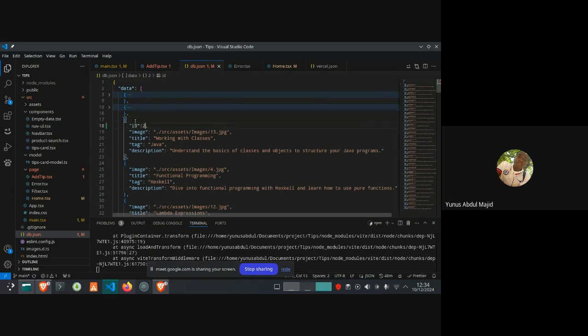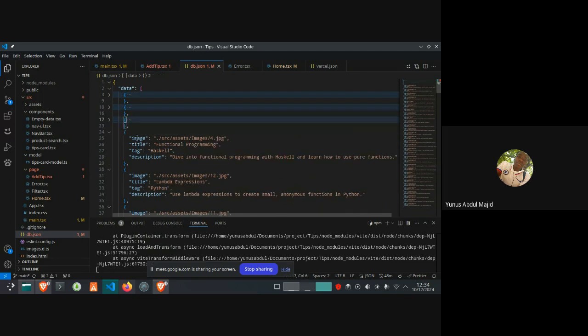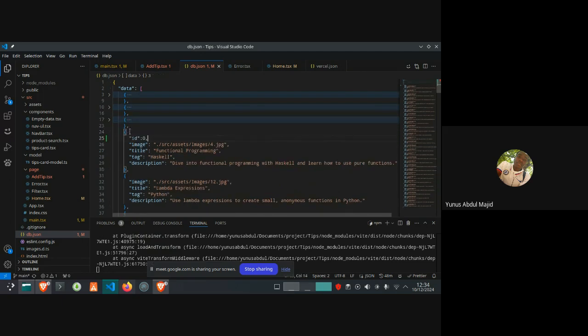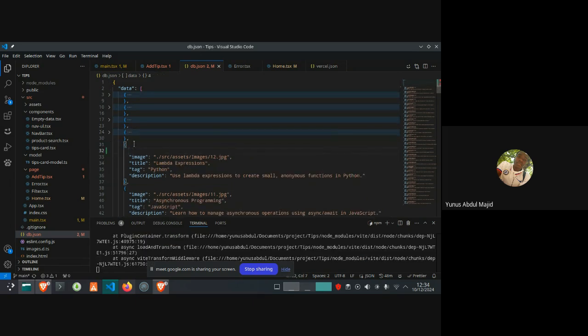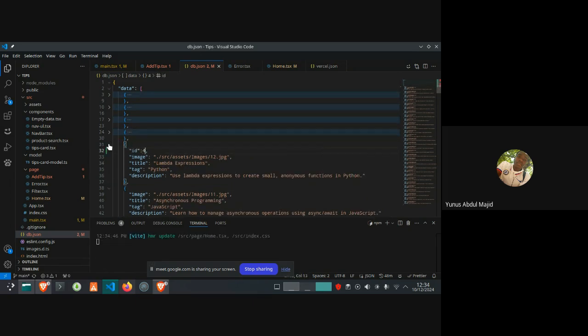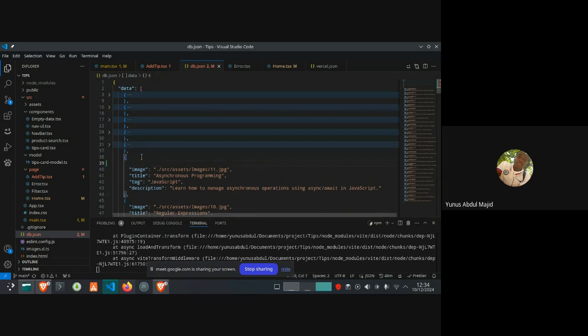I'm not going to do all, but let's just add ID to fill, which means we will only be able to handle dynamic routes of some and not all. 3, 4, 5.